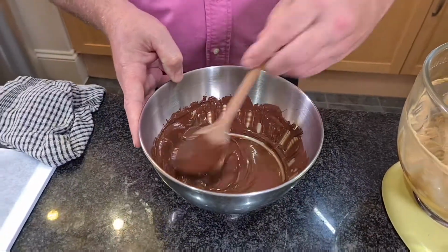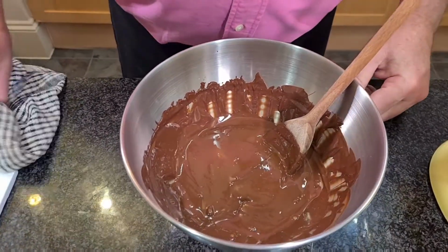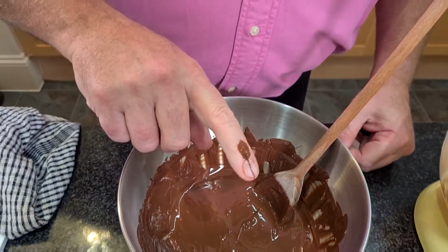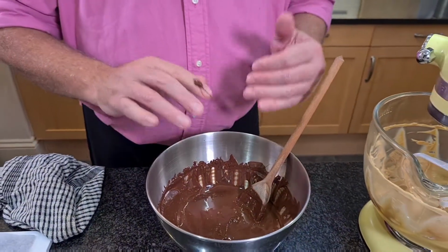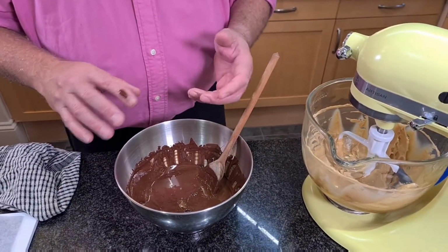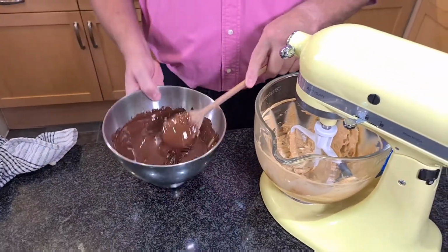Okay, let's check our temperature again. The same trick. Back of the finger. Yeah, and this now feels slightly cold. So I know that's less than 37. I'm pretty sure that this is somewhere around 30-32 Celsius or 85-90 Fahrenheit. We're gonna add this now to our buttercream